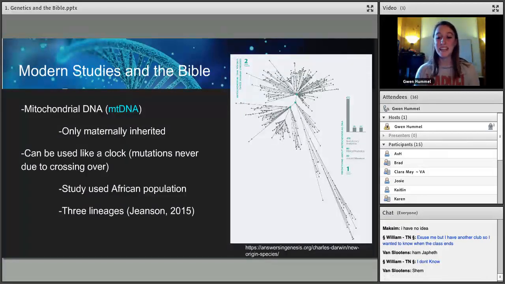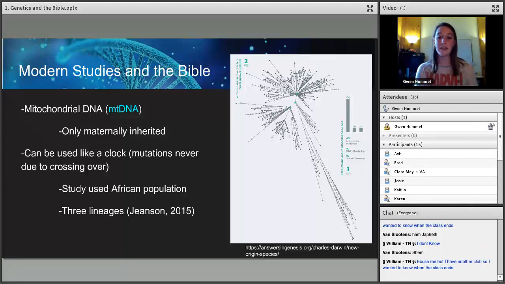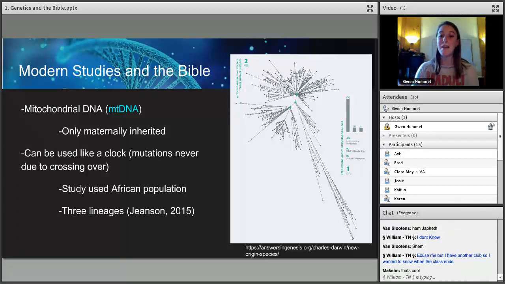All right, so when we're looking at these 3 blue points, we're actually tracing our mitochondrial DNA, remember, to the flood, and we're tracing it to one of the 3 women that came off the ark. So remember, there's about 1,500 years between creation and the flood, and all of those people but 3 women died in the flood. So we lost a large population that we can't trace anymore. And that's the reason we can only trace back to these 3 points, these 3 women, Noah's daughters-in-law, that came off the ark. And each and every one of us can trace our mitochondrial DNA back to these 3 women,